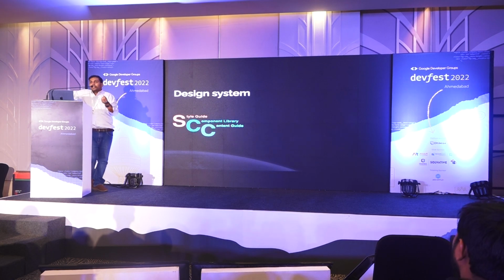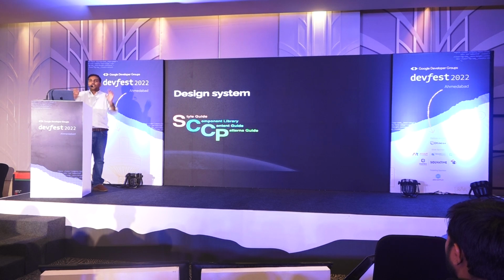Okay, so design system brings something called style guides, there's component library, I spoke about components, then there is content guide. If you use this component, then do it this way. There's a guide, there's a documentation for it. Next, there are patterns. If you take two components together, make it into a card, that becomes a pattern. So there are a lot of those things together, right? And then there is the reference site, a website where you can go and literally dish on the designer. Arey, kya documentation likha hai?